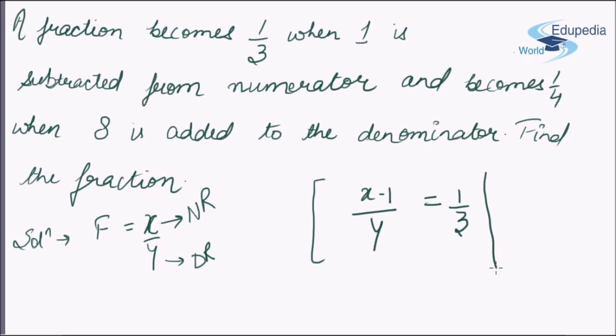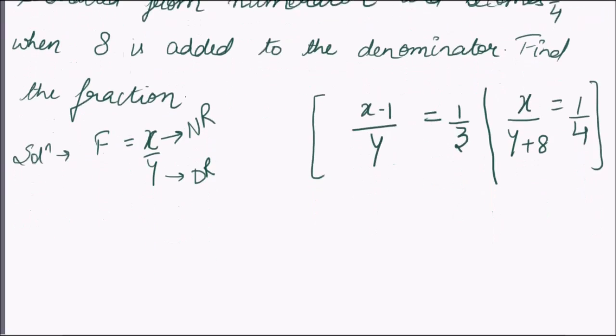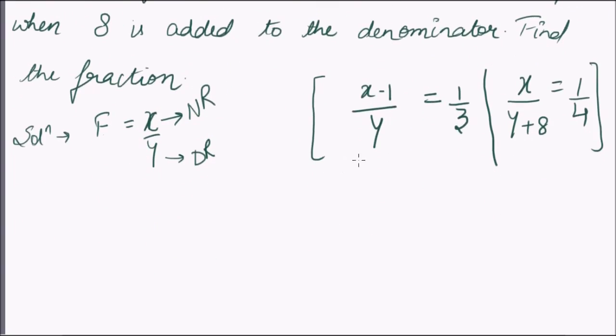And in the second case, when 8 is added to the denominator, the fraction becomes 1 by 4. Clearly, both the equations are non-linear equations if presented in this form, but we can modify them to a pair of linear equations. That is,